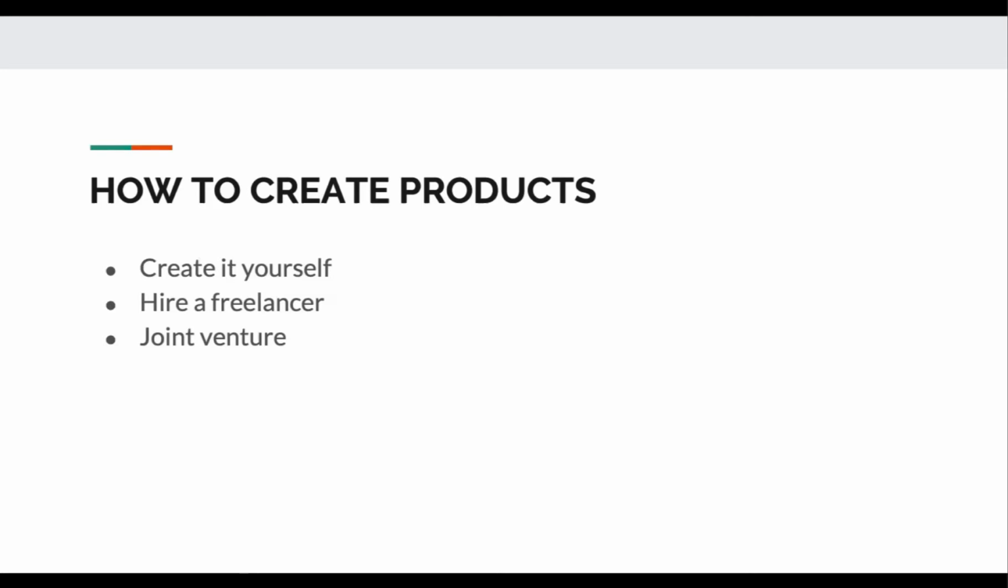And then the other one, as I mentioned, joint venture. Look for people that will benefit from forming a collaboration with you, and propose to them how you can do a joint venture, and then the percentage they will get and the percentage you will get. So this is the way, I've come to the end of this presentation. But these are ways for you to create products